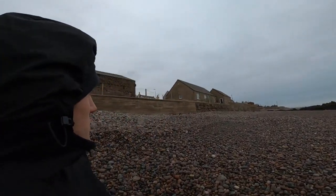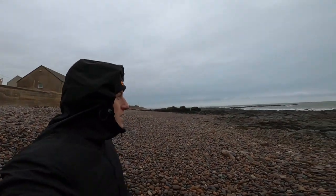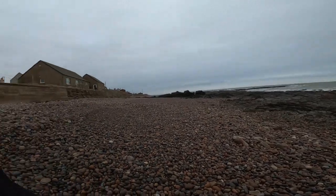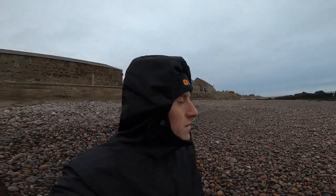Check out this, I'm just making it right along the edge of this coast. This is where these people's houses look out over the sea, and I've just come behind this big rock to shelter from the wind. The wind is so strong and cold today folks, and the sea looks ferocious ripping in. It looks like if the tide was right in you couldn't actually come this route that I have walked,